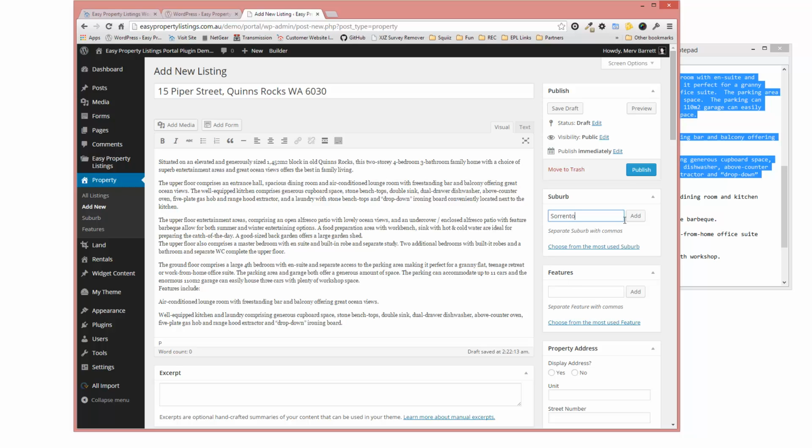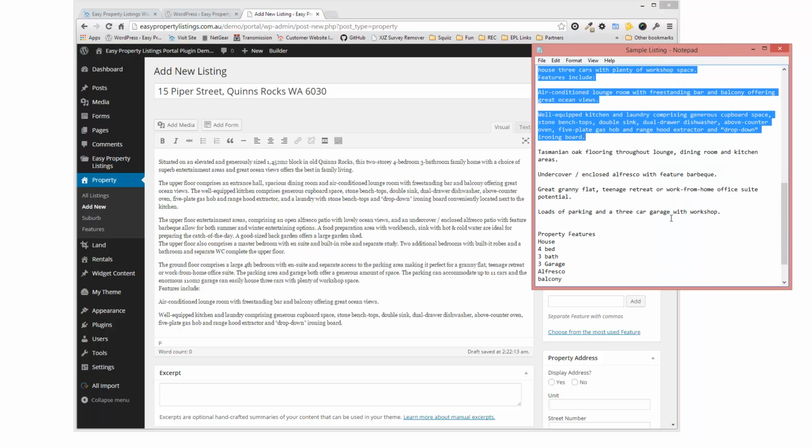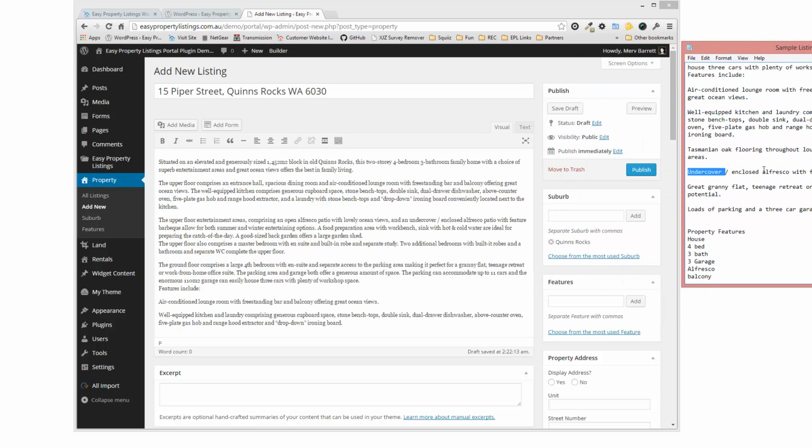So I'm just going to add the suburb. Oh, it's Queens actually. Rocks, and just press add the suburb there. Next, we're going to add a couple of features. I think I've got a few in here, so we can basically copy and paste and create our own custom features. So you might have an undercover enclosed alfresco,